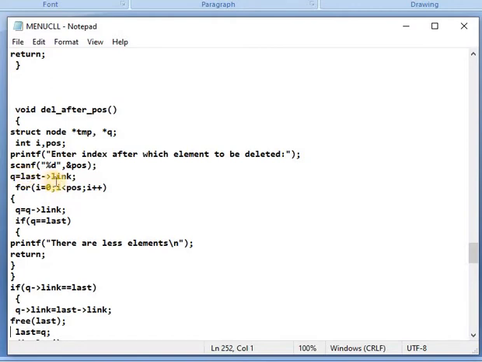After that, the last node, because in a circular linked list the pointer is stored at the last element, so the last address is assigned to the q variable. Up to that position the list will be traveled. If the last element is equal to q, obviously the last element would be deleted, but our aim is after the position, so the message will be displayed that there are fewer elements.